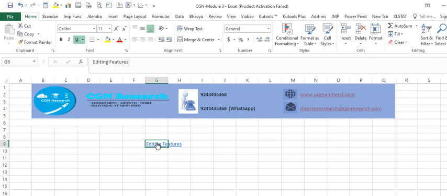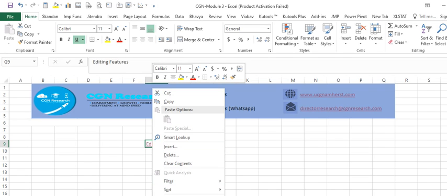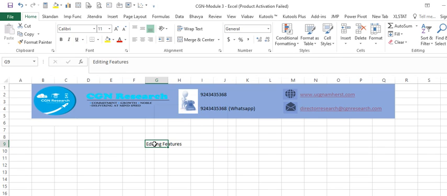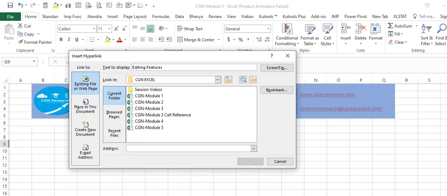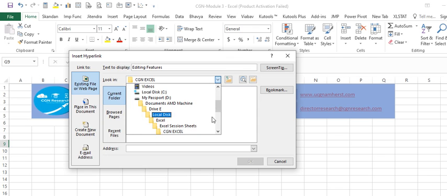I click on this. Or another way of doing it is I remove this hyperlink. I will put a fresh hyperlink. I will go here, and then I will just select the sheet to which I want this to go. So let me select that specific sheet directly.